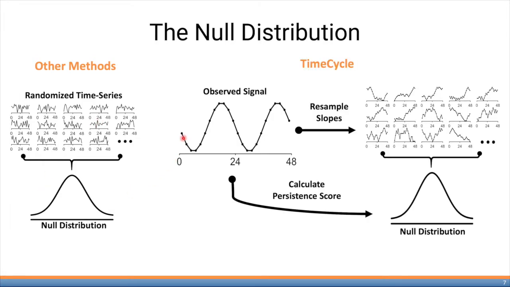Instead, time cycle's null model is obtained by permuting the finite differences in gene expression between sampled time points. By resampling the finite differences, the distribution of gene expression changes under the null is thus identical to that of the observed data, ensuring that the resulting random time series models biological transcription and degradation constraints.